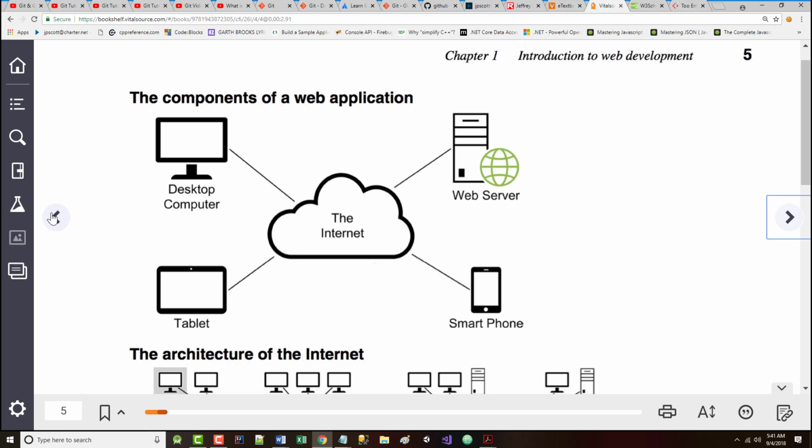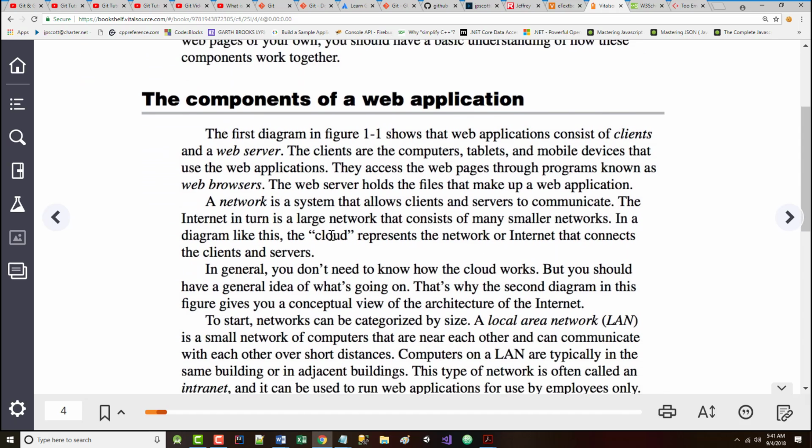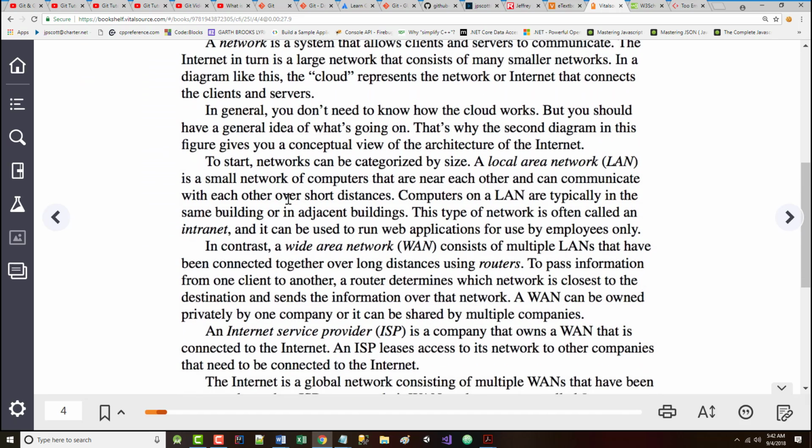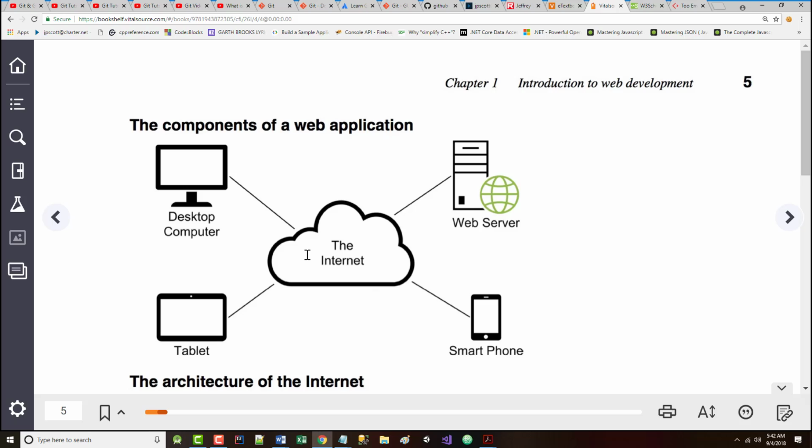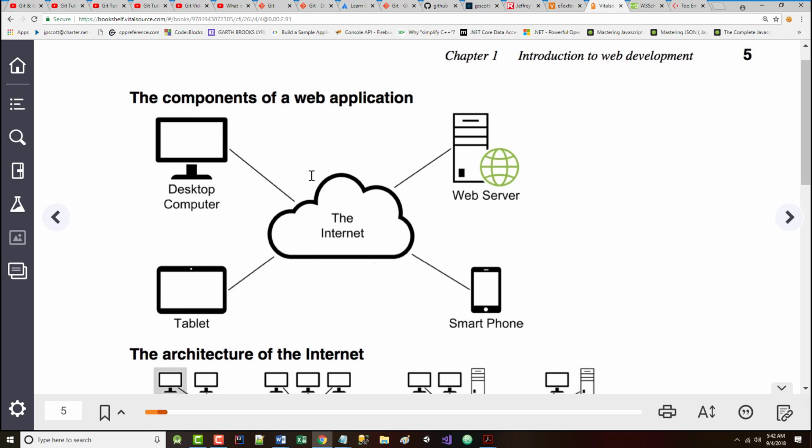All right, I'm just going to bop back and forth between these two pages. So they talk here about networks, clients, servers, ISPs. So let's just jump back into that. These are the components of a web application. The desktop computer, the tablet, the smartphone, those are referred to as clients. That's where you key in your URL. Or if you've got a touch machine, touch. All right. What happens then is that what's called an HTTP or Hypertext Transfer Protocol request is sent off